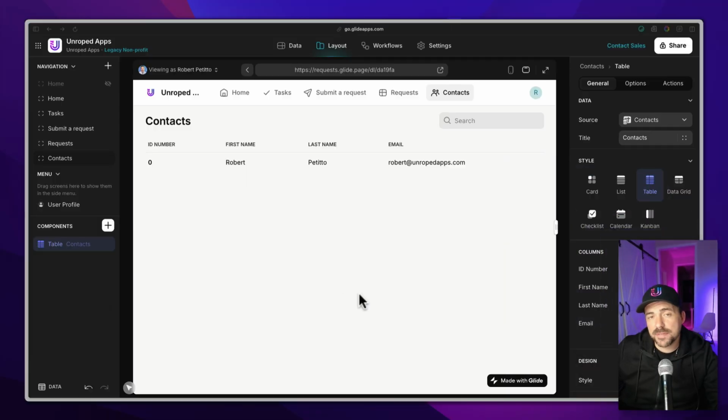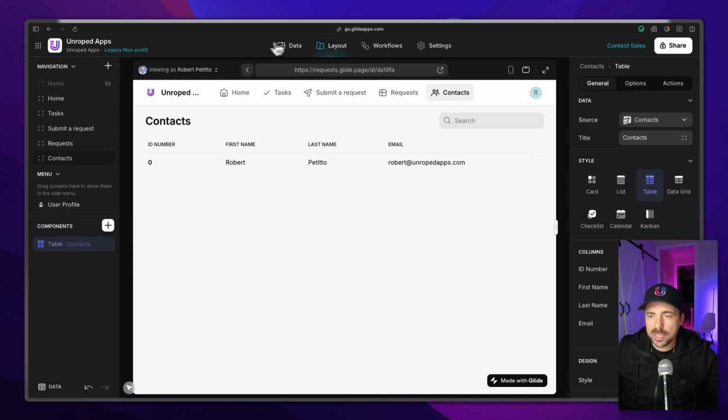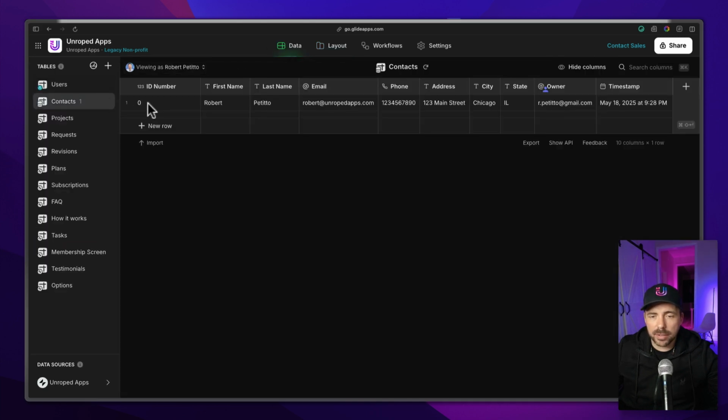Now, the premise of this app is a work order management system, and I have a bunch of contacts that I want to add to this database, and I want our users to be able to do that themselves, but I don't want to only allow them to upload one contact at a time. I want to give them an import contact experience. So the thought is that there'll be a button somewhere over here. It'll say import. They click on it, and in the data editor, it'll boom, import